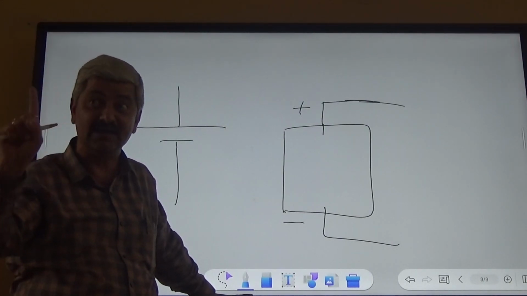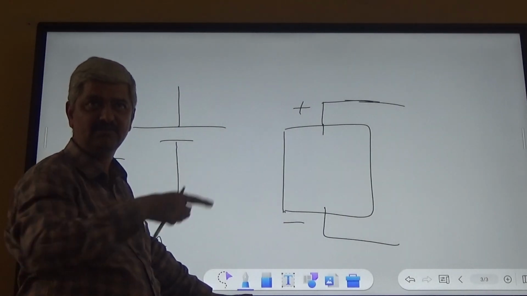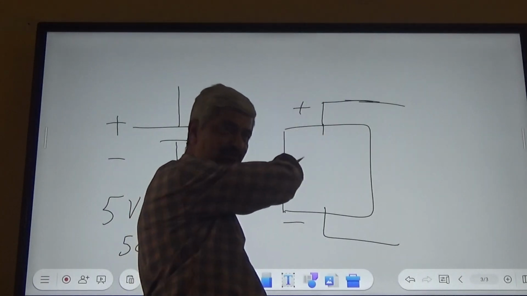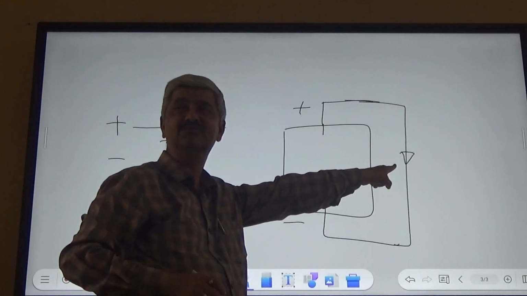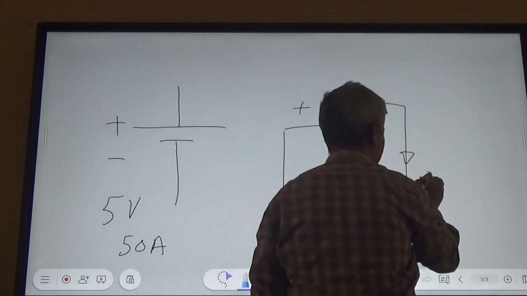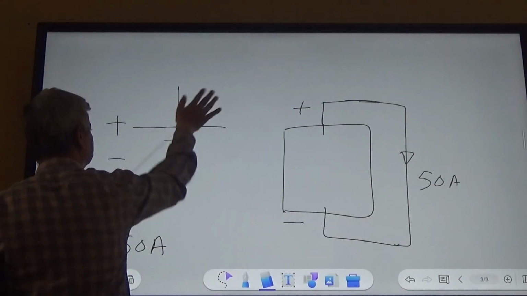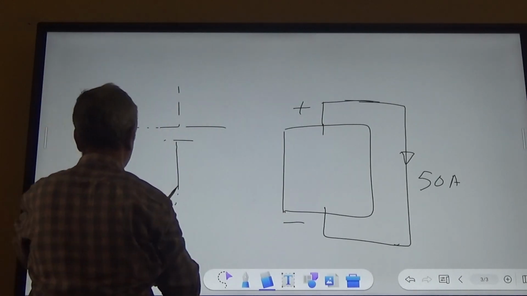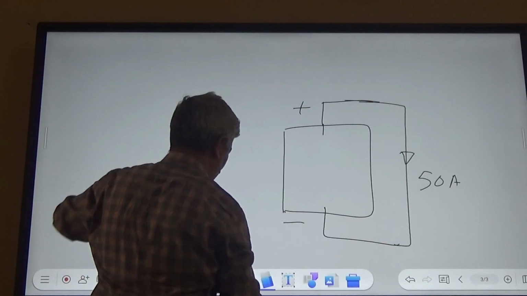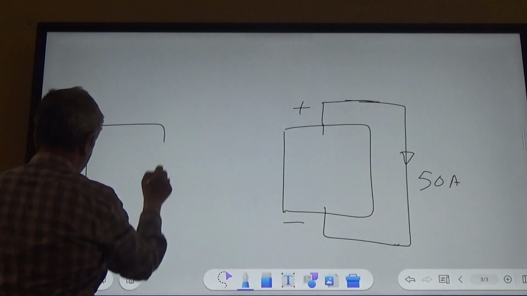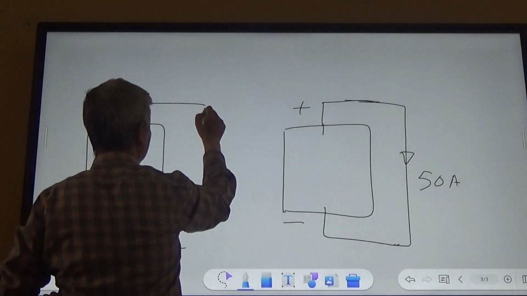So when will maximum current happen? When there is a short circuit. So when you short it, what is the current value? 50 amperes. And the same combination, you have got electrochemical equivalent of 5 volts. So when you keep it open,